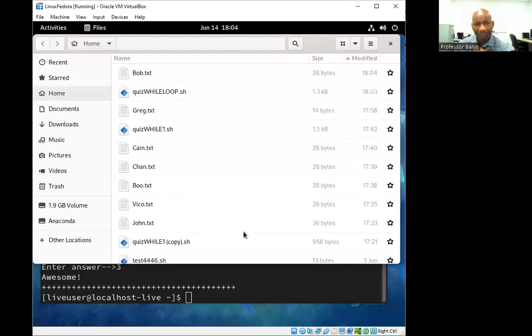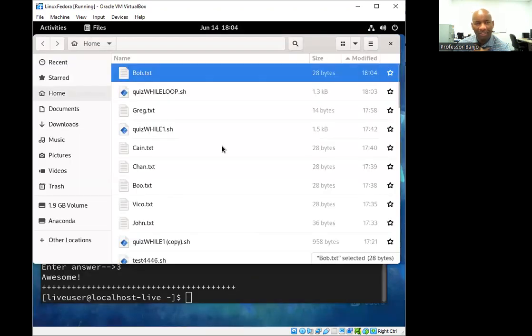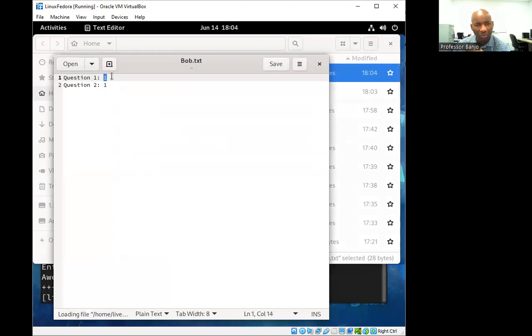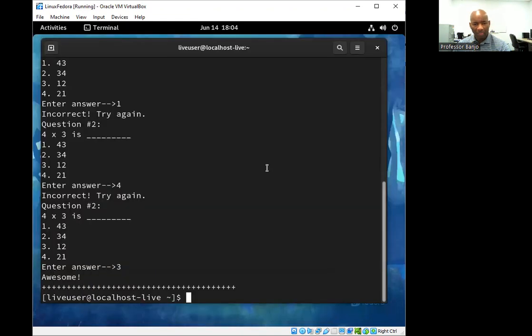in there, that's the Bob text file. And you can see question 1, 1 point, question 2, 2 points. All right. So let's just finish that up and do the total so we can see the total